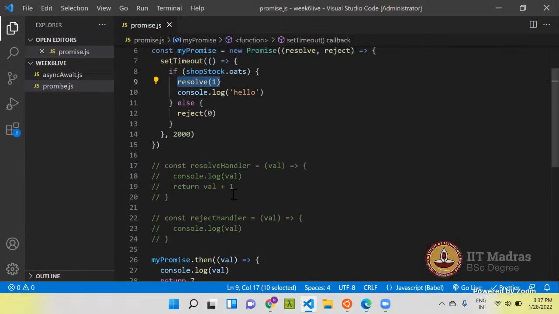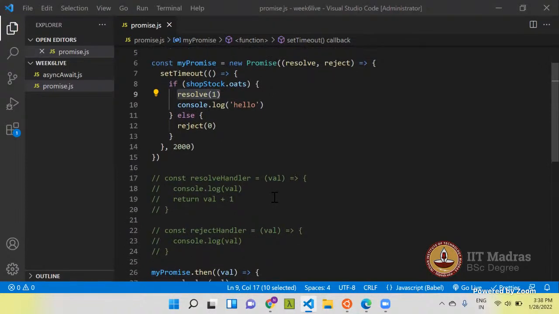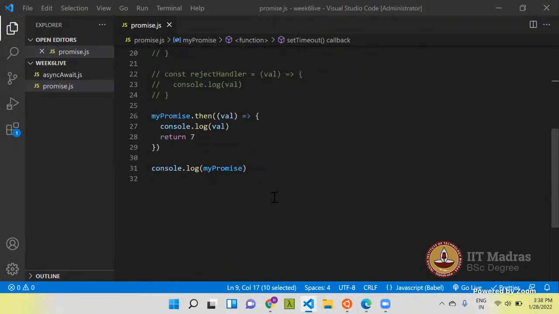There was one more thing that we were doing right from the beginning of this session. Narendra mentioned in the beginning that promises are really helpful for asynchronous programming. You can see that the statement written at line number 31, the output of this was shown on the console for the very first time, which means this statement was executed first, and after that, all other things were executed.